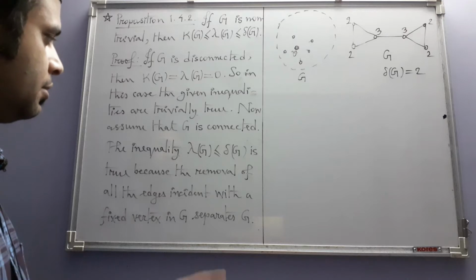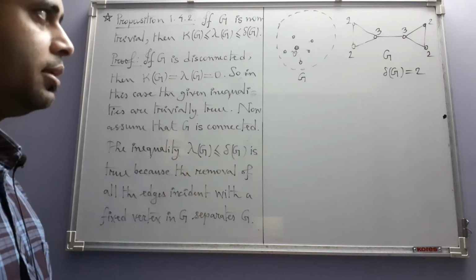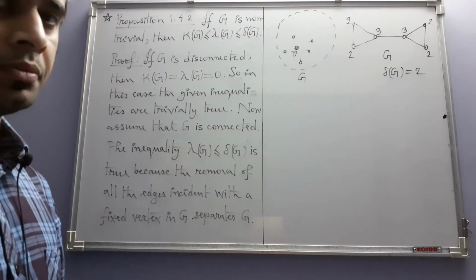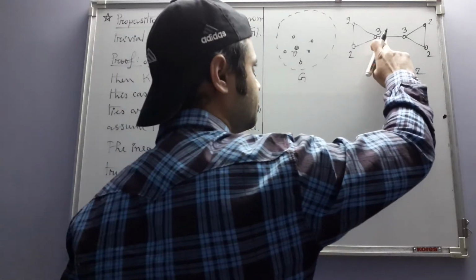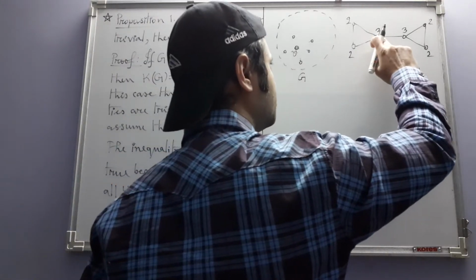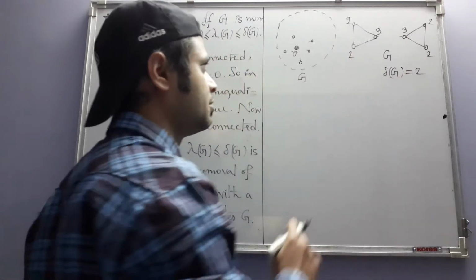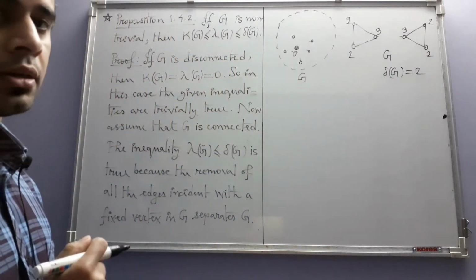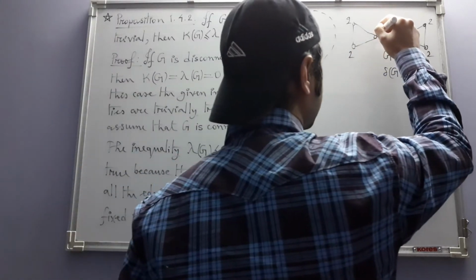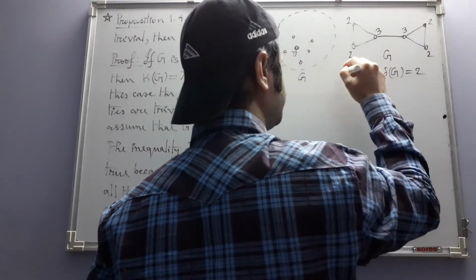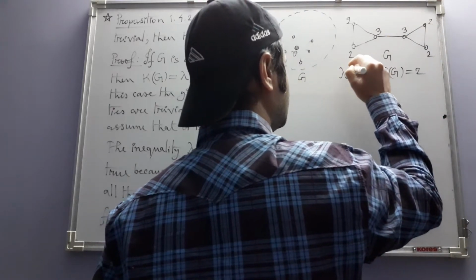However, the edge connectivity is 1 because of the presence of this bridge. If you remove just this single edge, then the graph becomes disconnected. So that's why in this case